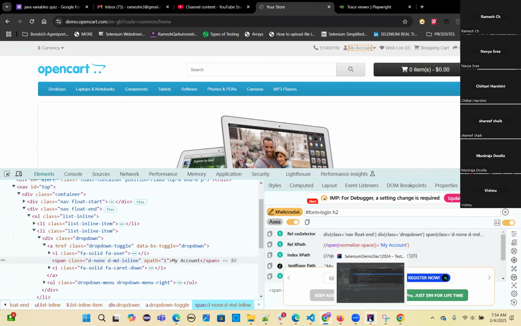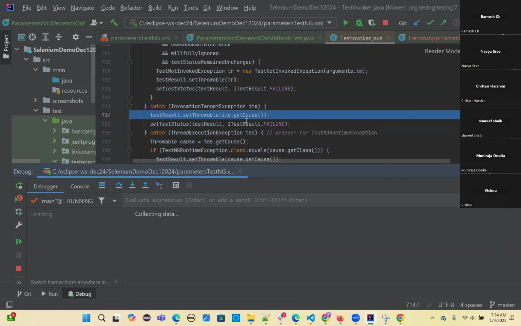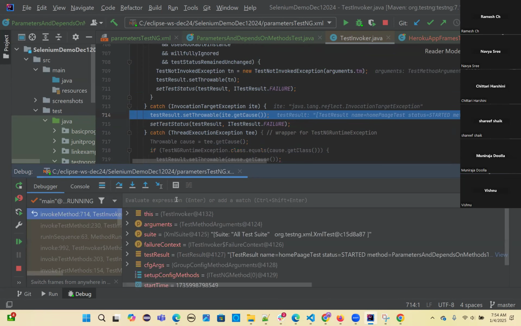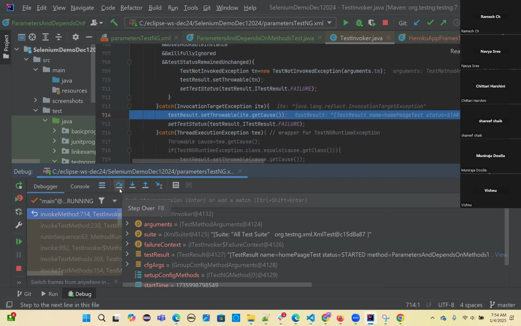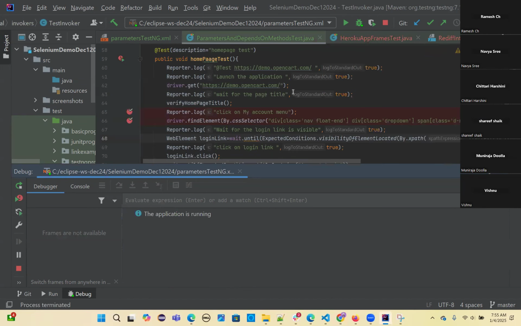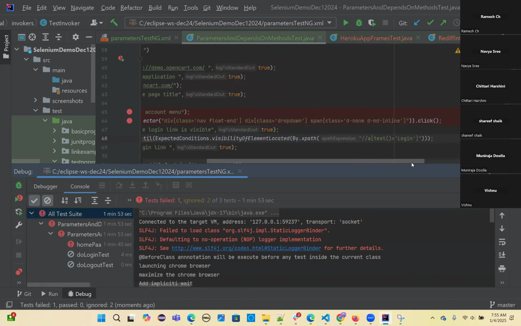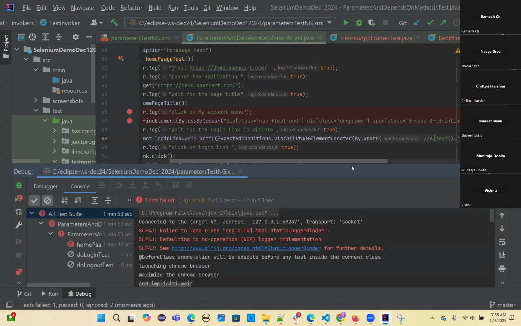Okay, so let's add a JavaScript click. So I'm going to add a JavaScript click. It went to different. I'll stop this. So it is a test invoker. Okay. So what I'm going to do, this one is not working. Okay. So what I'm going to do, I'll just use